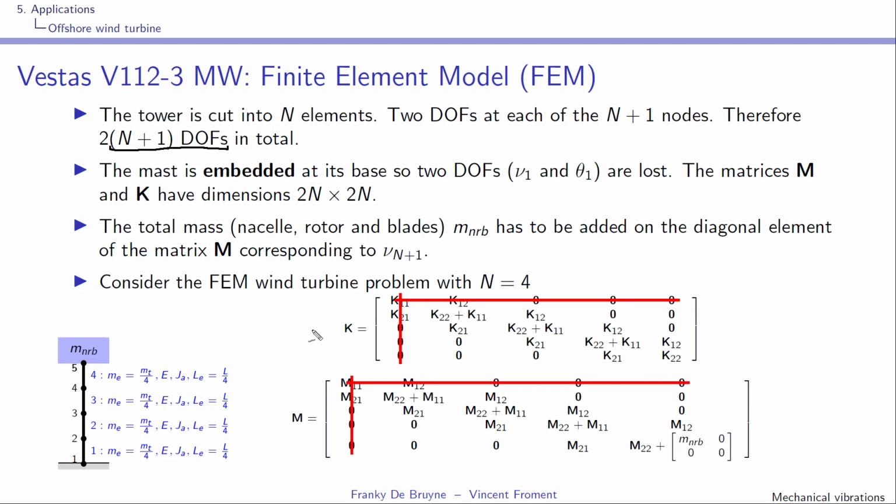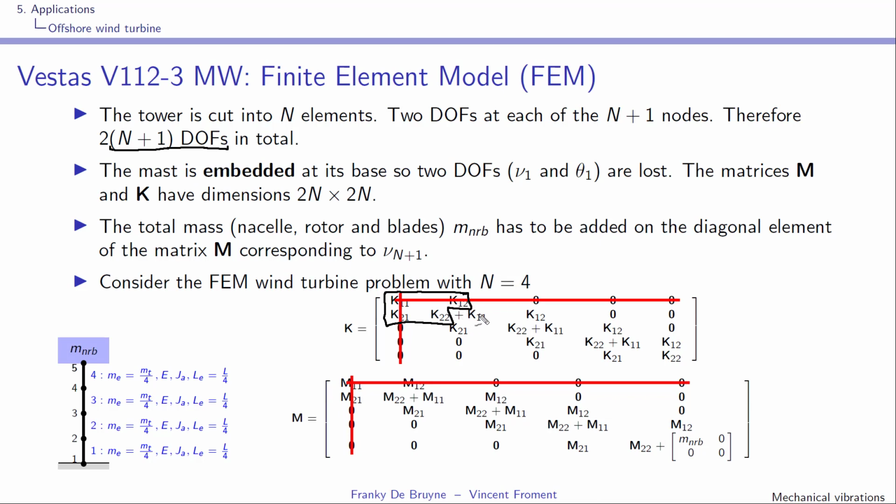So this means that you need matrices K and M of dimensions 2 times (n+1). You can start with matrices filled with zeros, right? And then you have to stack the elementary matrices Ke, Me. So here you'll have 4 of them, of course, and here you see the first one,